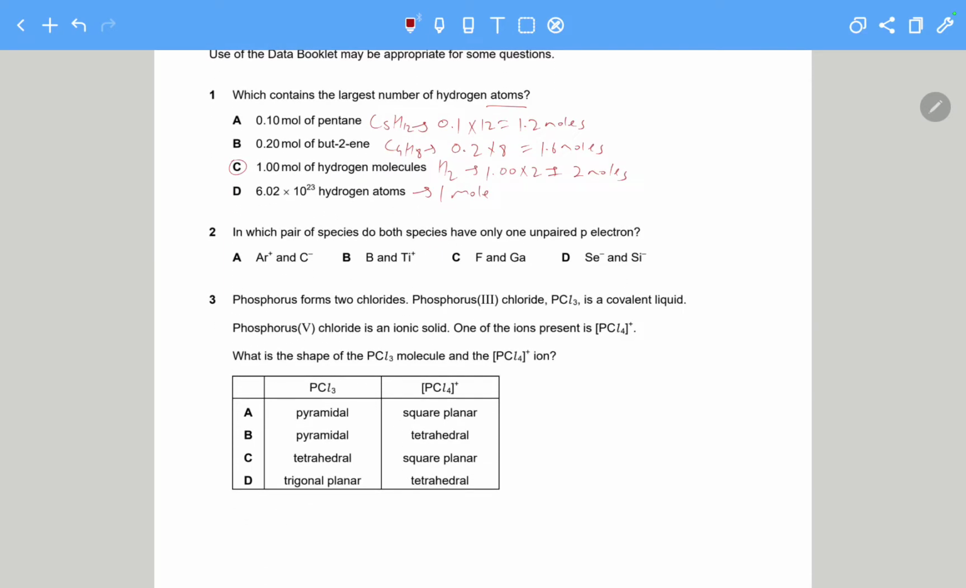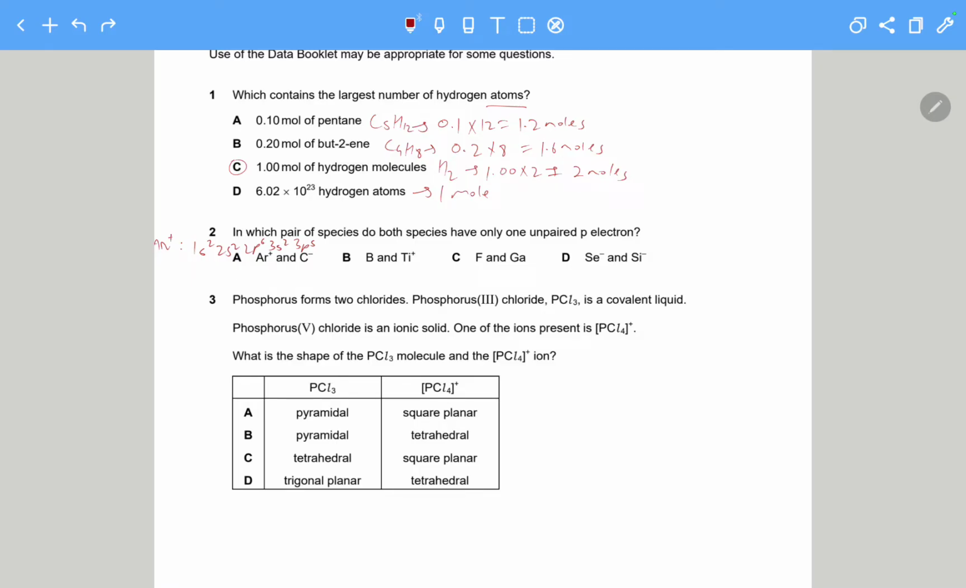Then, in which pair of species do both species have one unpaired electron? So we need to write down the electronic configurations for these species. Let's start with A. Ar plus will be 1s2, 2s2, 2p6, 3s2, 3p5. Remember, argon is a noble gas, so it will have a complete